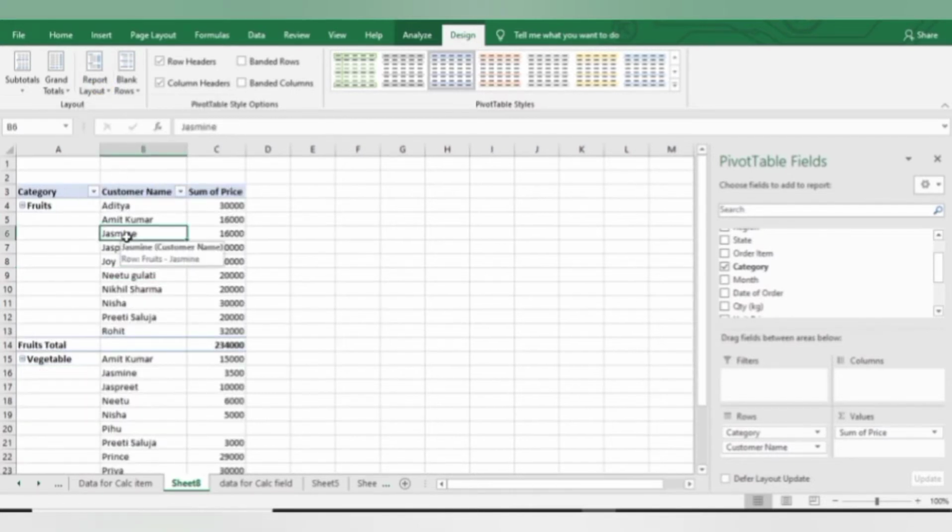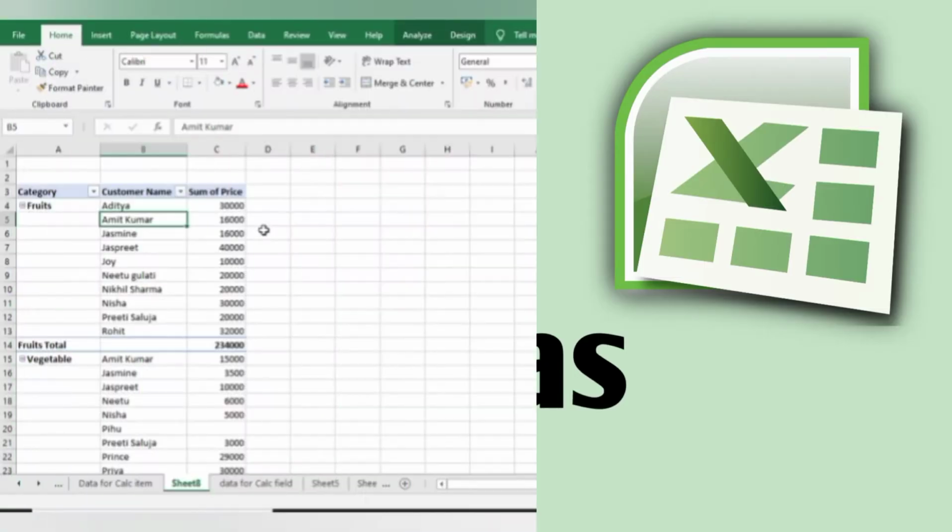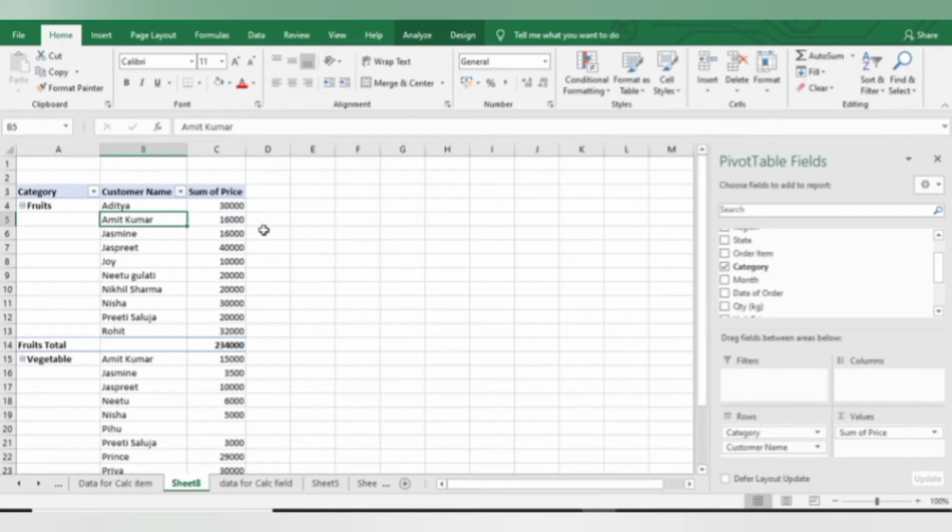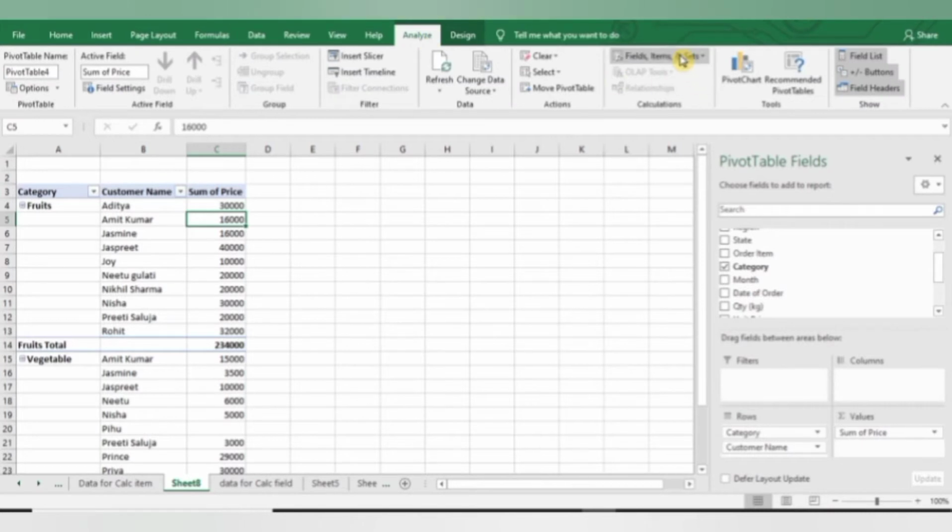Now first of all, convert your pivot table into a different layout, that is show in tabular form. And now here these are all the customers who have purchased fruits and vegetables. Now I want to give some discount to the customers who have paid more than 10,000 rupees for a particular category of product. So now for this, put the cursor anywhere in your sum of price column and then go to analyze, and then from here you can select fields, items and sets,